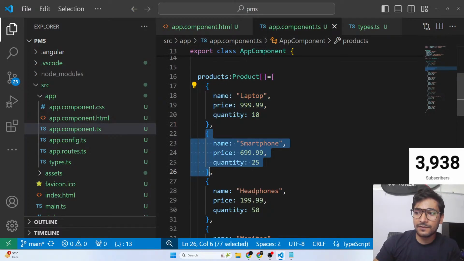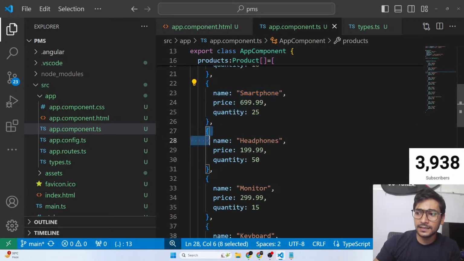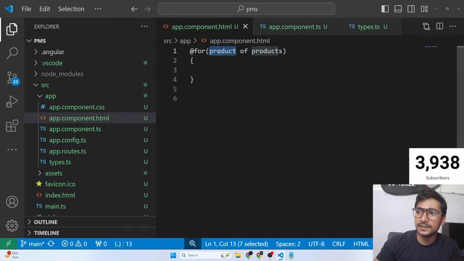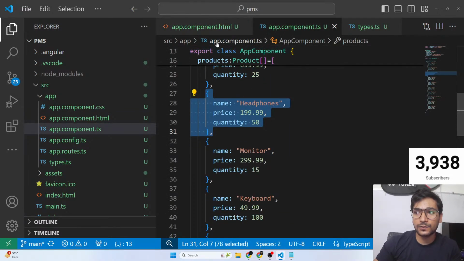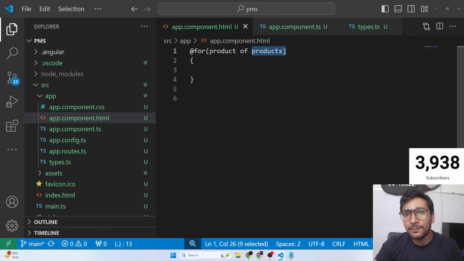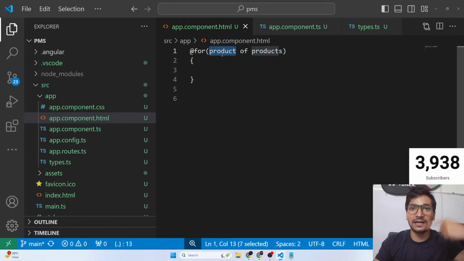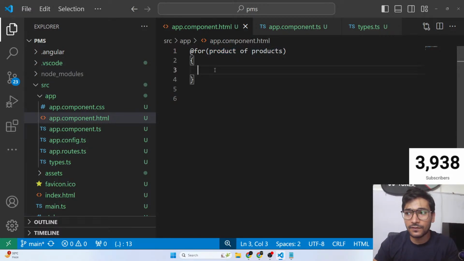Then next time it will take the next element inside this product variable, and the next time the next one, one by one. So this loop will go through this whole array, take every element one by one, and put it inside this variable. And every time we'll have the product available. So first time in this variable we'll have the first product, the next time the second element, third element, fourth element, fifth element, like that. Is that clear, guys, everyone?